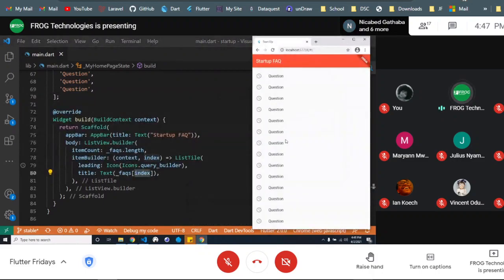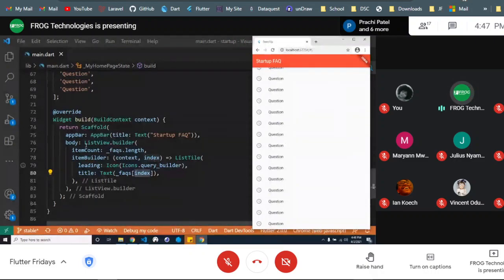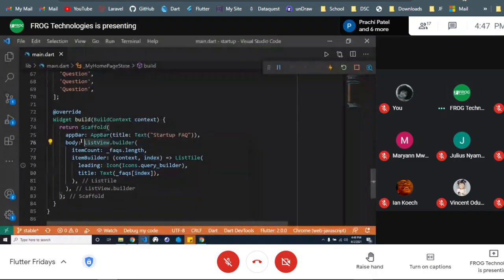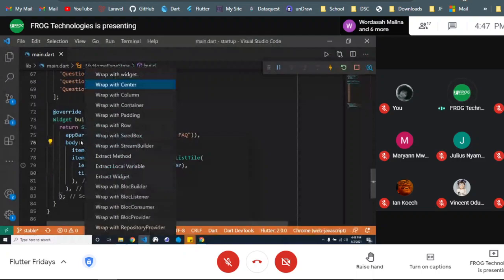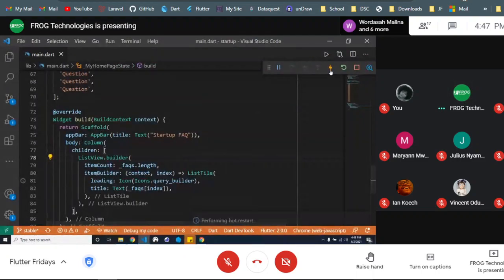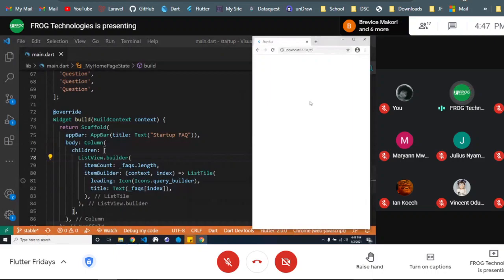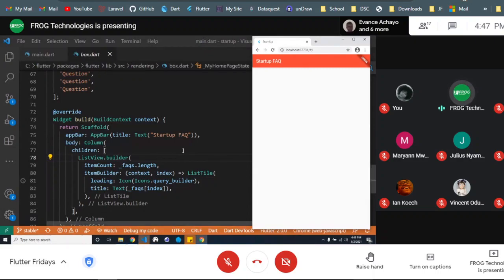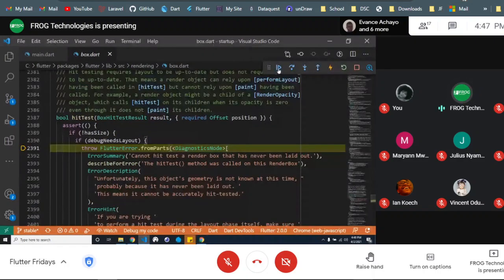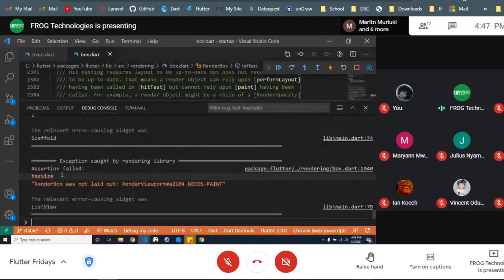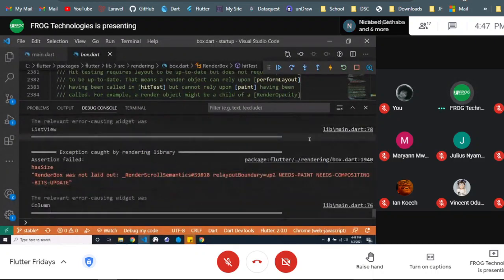Yeah, so question. But then if I wrap this in a column, it will throw an error. So the error here ideally is this is the error. If I do this, I should be seeing the error here that render box wasn't laid. This is what happens. What it means is that